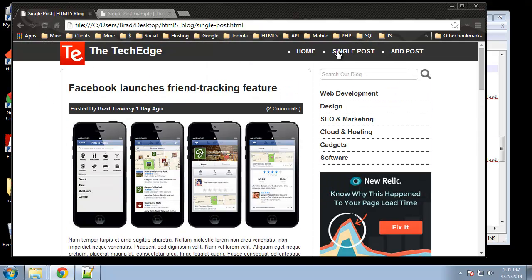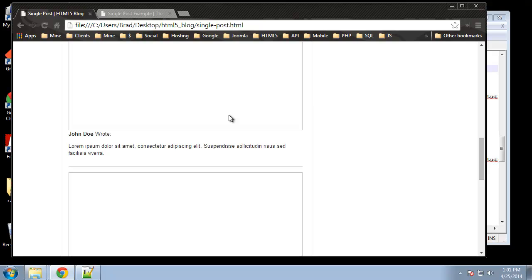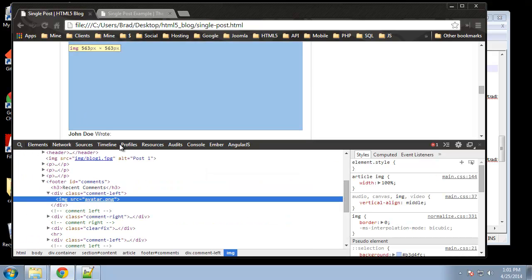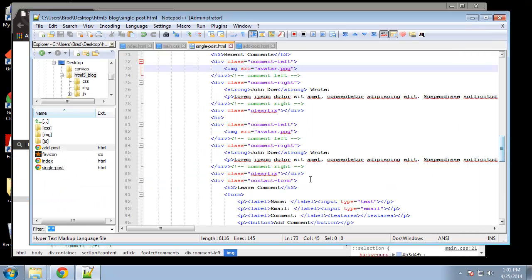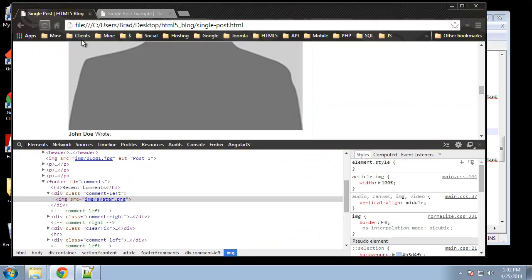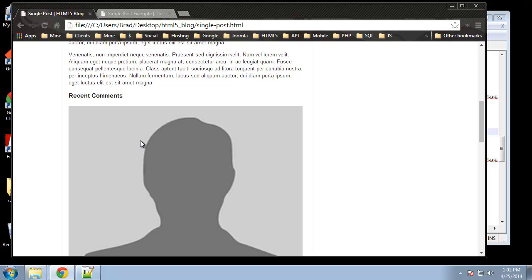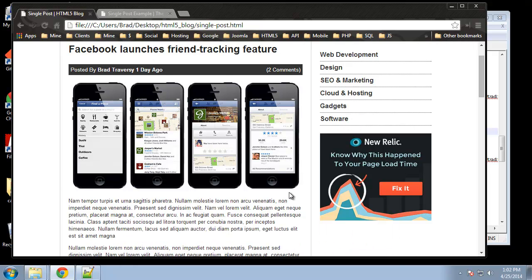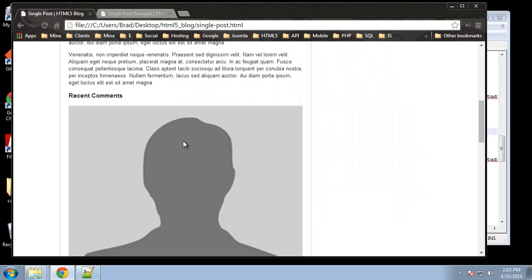Huh. Let me just check this out real quick with Chrome tools. Okay. Oh, we didn't put the image folder again. Alright, let me just say image slash avatar, and same thing here, image slash, and there we go. Now this is way too big, and the reason for that is that we said the images inside the article tags should be 100% width, and this is an image. Okay, so